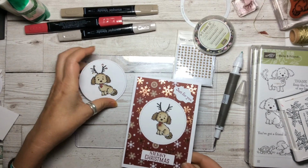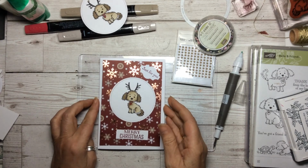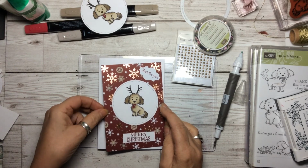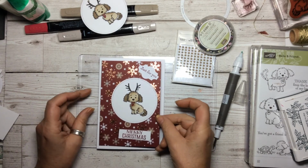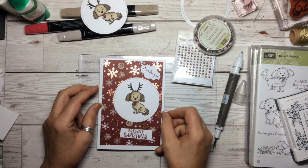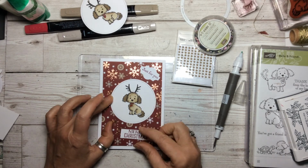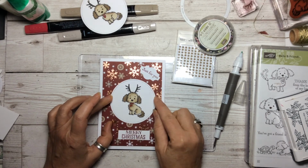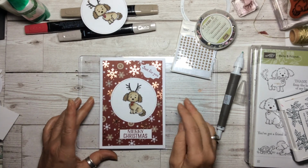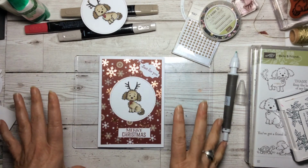And then what I did to finish this card, because I've already done another one, is I took our standard card base, which is just a sheet of our A4 cut in half and then folded in half, so you get 2 cards out of an A4 sheet. And then I took the Joyous Noel designer series paper. Now this has been so popular that it is at the moment on limited stocks. So if you want some, it is selling out very quickly. So I would suggest getting your order in very quickly because I would think within the next few days, and I know in certain countries it has already run out,